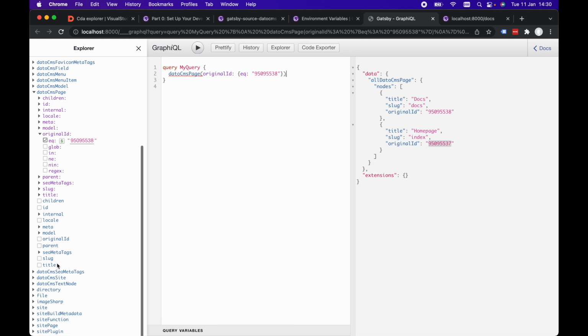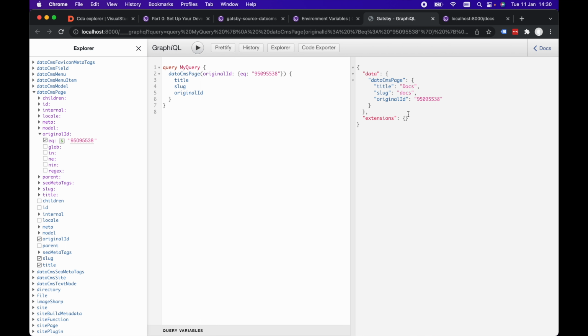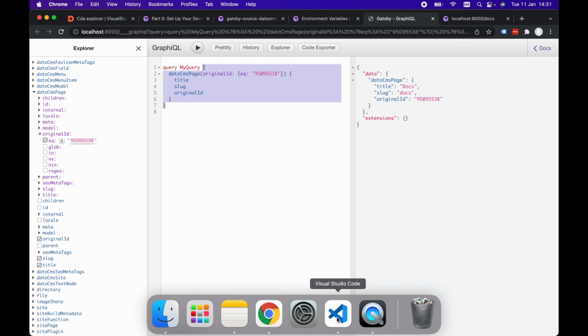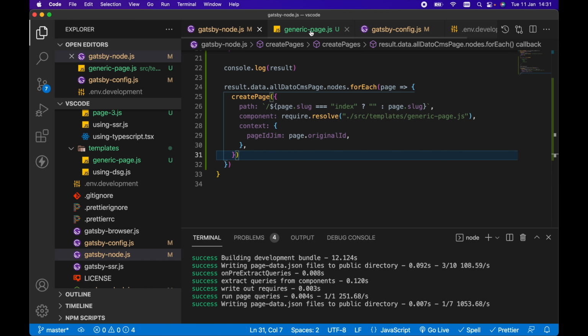And then let's query for the title, slug, and original ID. Let's hit play on that. And there we go. We've been returned the docs page. So all we need to do then is copy this query, and in our VS Code, back in the generic